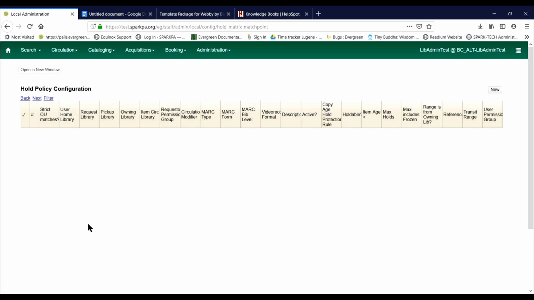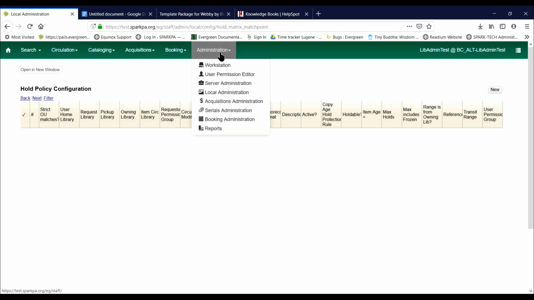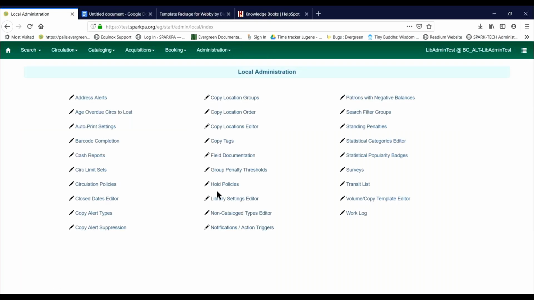So like I said, you should see the same thing, a matrix. It works the same way. You'll have the little check boxes over here that you can check on to look at the full policy. And if you have any questions, open a help desk ticket. So let's go back to local admin, and we'll go into